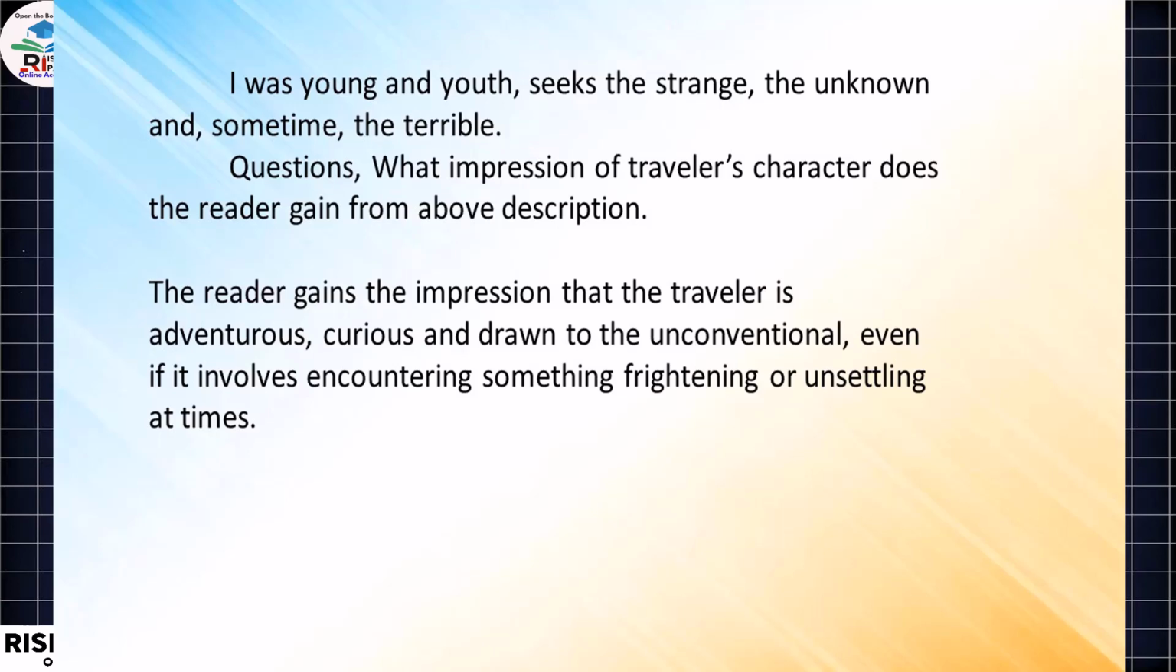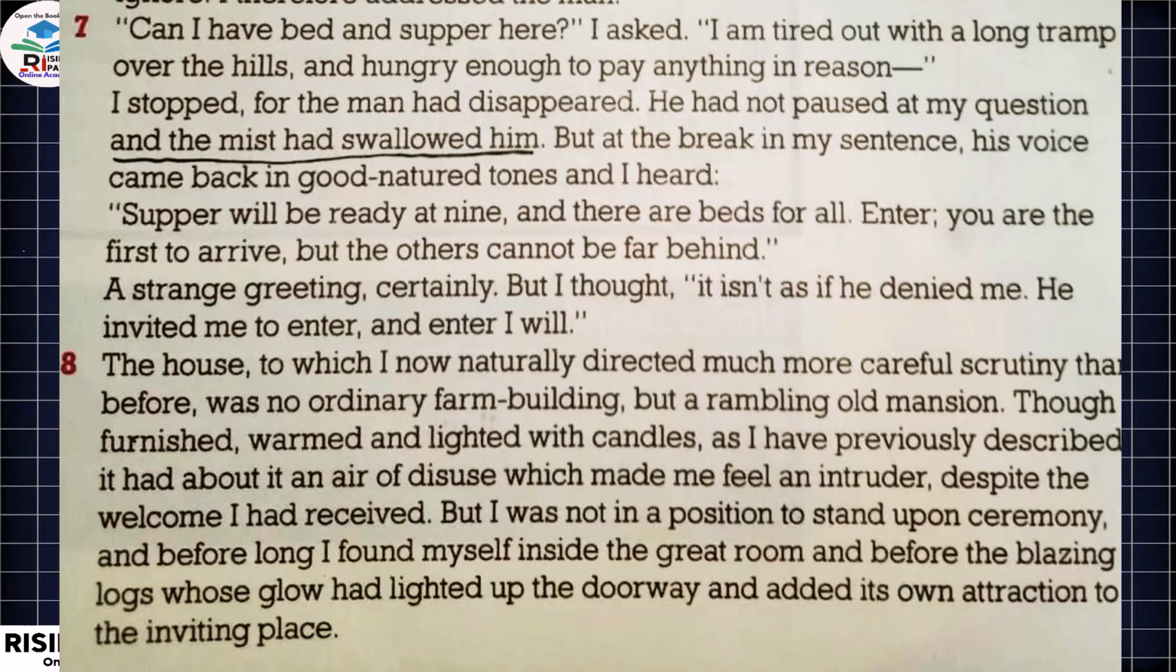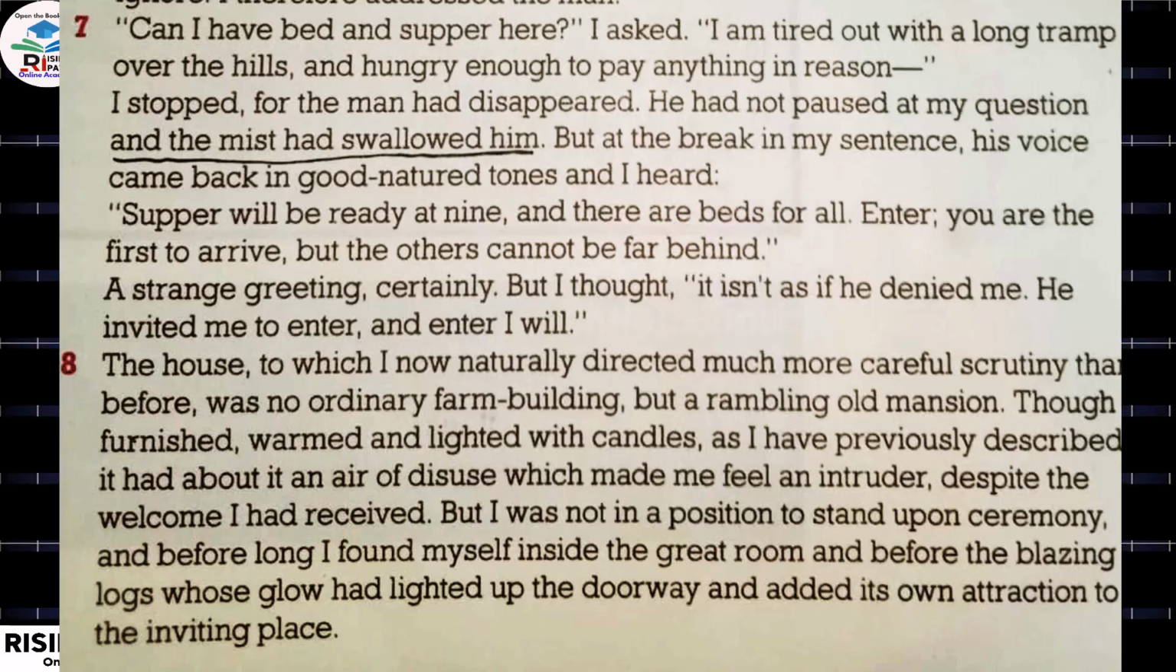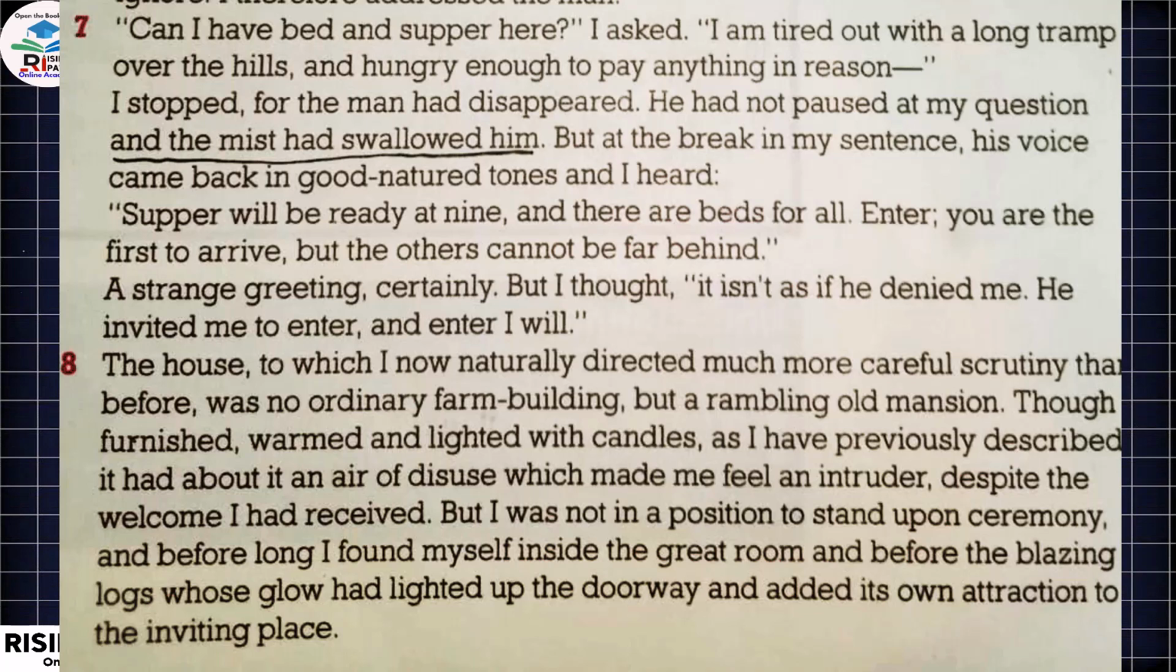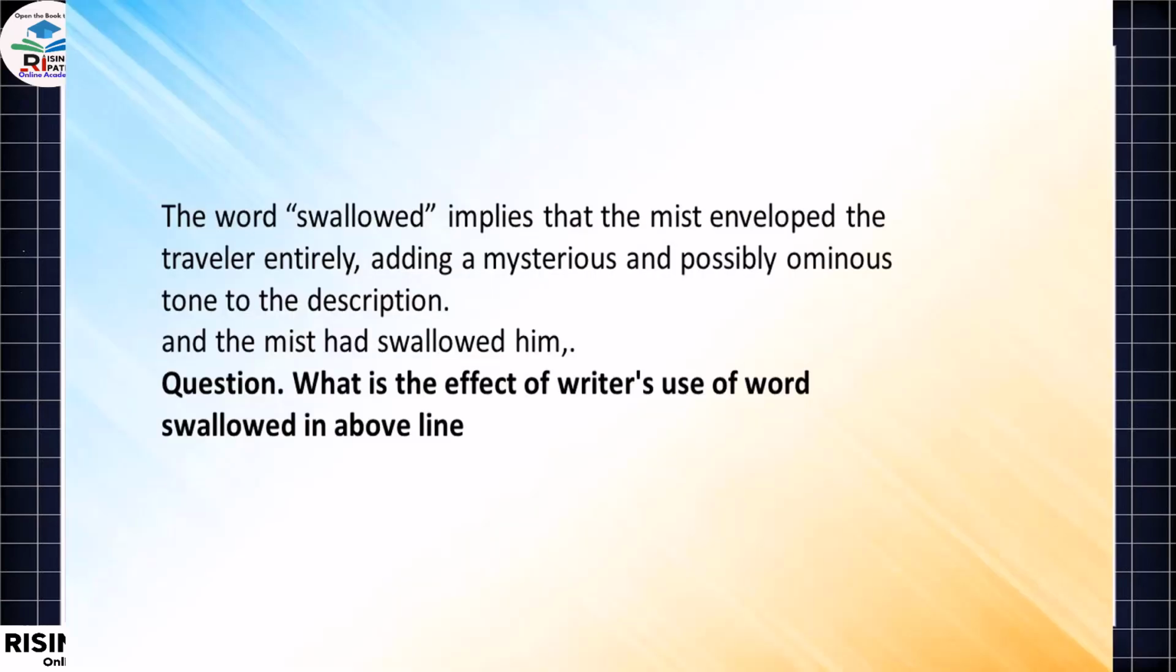So another example of the writer's effect question, again taken from the same passage, The House in the Mist, and this time it is paragraph number 7. I have underlined this phrase, and the mist had swallowed him. It has been underlined, but remember that you are going to read the lines from the beginning of the paragraph till the end, so you are going to have a clearer picture of why it is being said, with reference to the context. But the phrase is, and the mist had swallowed him, and the question is,